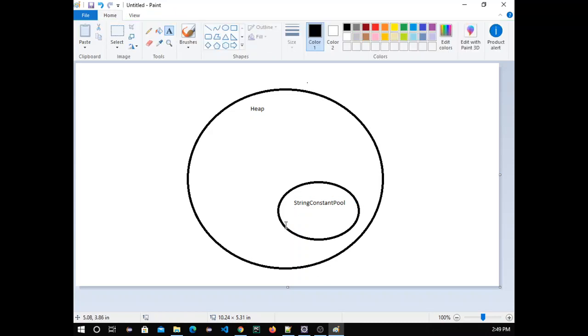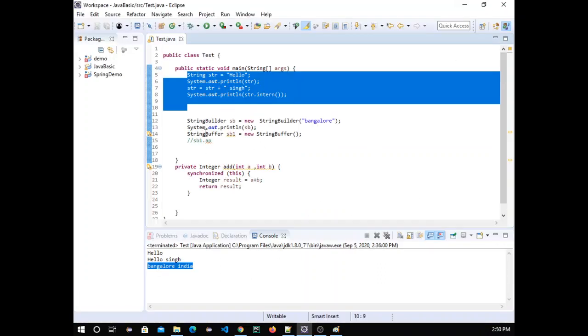Remember, for all String variables that are literals, the data will be assigned in this location and then referenced from heap memory. But a StringBuffer and a StringBuilder are both initialized inside the heap only, according to the data, and that is referenced. Whenever we update, it will update this data, but in the string constant pool it won't update the data, it will create new data and then that will be referenced. So keep this in mind while using these.